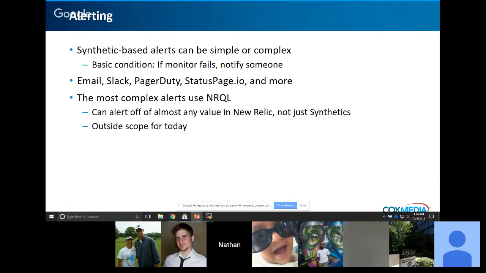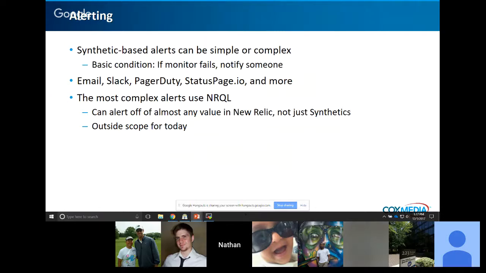end successfully. When that happens, New Relic actually silently fires off the exact same test 2 more times immediately from the exact same data center location. And if all 3 of those tests report failures, then it counts the monitor itself as failed and sends out the alert. That's to prevent the occasional network error or system glitch from waking up the poor support folks in the middle of the night. And the key part is also from the same location. So your monitor may start failing from, say, Atlanta, but is working fine from DC. That could indicate a geographic specific issue, which we've certainly had in the past when a level 3 ISP goes